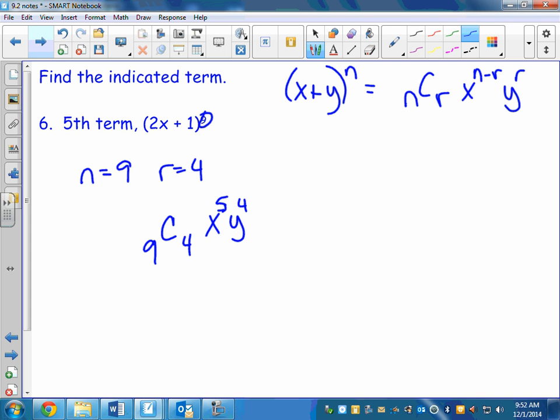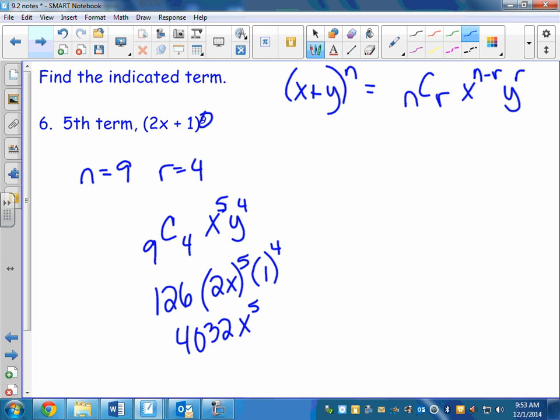Because if I want you to find the fifth term, I want the whole term. Okay, I want the whole thing, not just the 9 choose 4. I want you to plug in this and plug in this and work it out. So we can do 9 choose 4, which was what? 126. But then we also have to think about that x is 2x to the fifth, and y is just 1 to the fourth. And that's because that's the fifth term. Because that's what the fifth term would be if we worked it out. And so 2 to the fifth is 32, and then 32 times 126 is 4,032 x to the fifth,